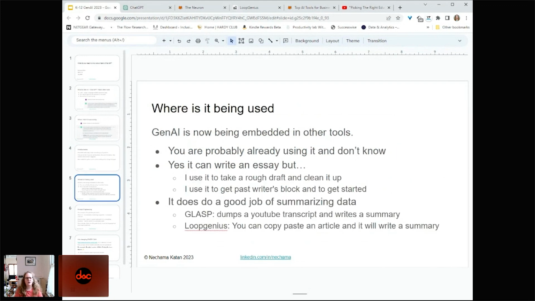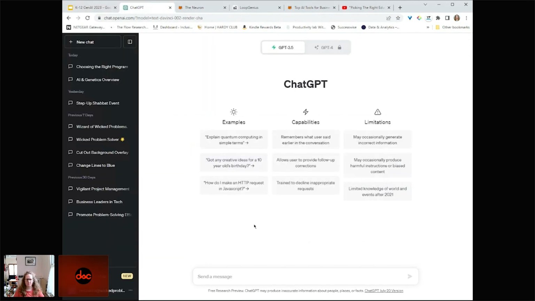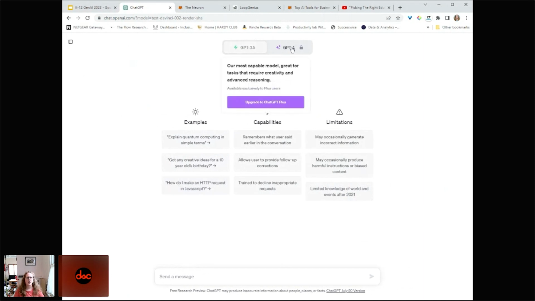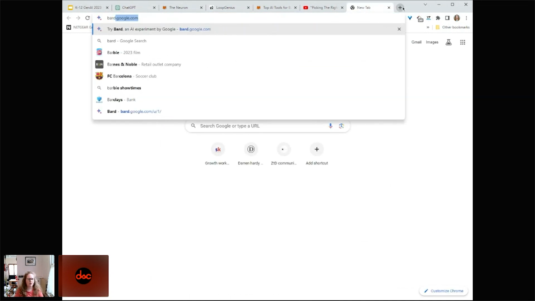Okay, where's it being used? It's being used in a lot of different tools, and I think that's what most people don't quite understand. Yes, you can come over here to ChatGPT, and that's what ChatGPT looks like. This is my particular window of it. I don't have ChatGPT 4, but that's okay, and I can write in a question here. I can also go over to Bard.